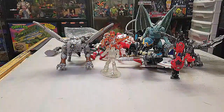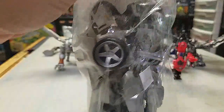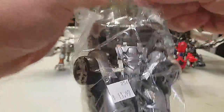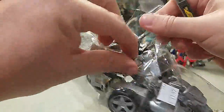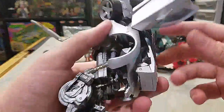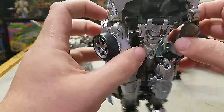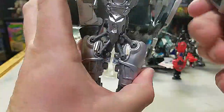The reason I was happy to get him was because I found another Human Alliance figure and was really happy about this guy. I love this. I really wish I would have gotten in earlier on these Human Alliance figures because I didn't realize how awesome they were. But they're freaking awesome. And like I said, they're all missing their weapons and stuff, but